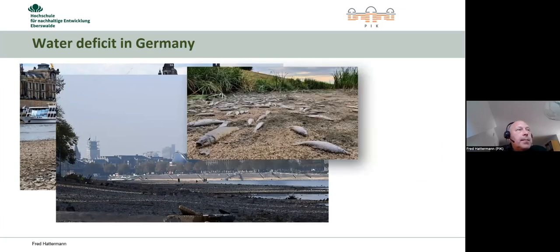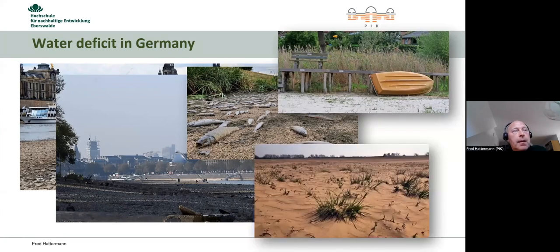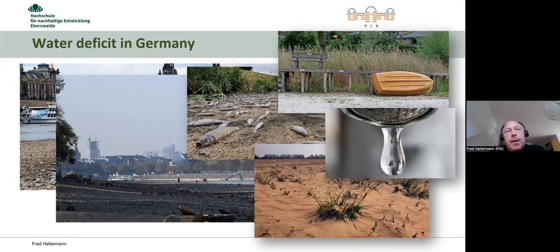This is Schwarze Elster, a smaller tributary of the Elbe Basin. These are some of the lakes we have in our area. Arable land in the east of Berlin. And we even have partly water problems. This does not say we do not have enough drinking water, but the infrastructure is not adapted to what happens